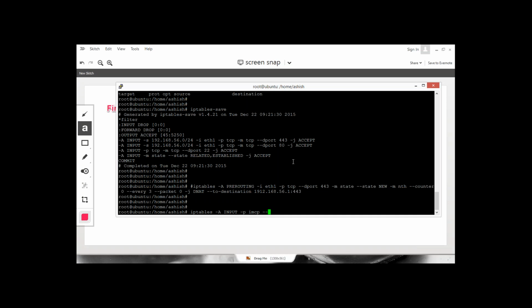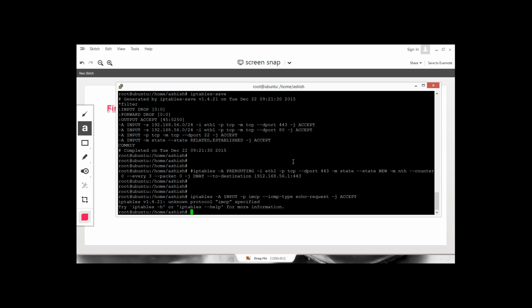Specifically I'm going to allow the two kinds of requests that are present in ICMP: echo request and reply. So let's say ICMP type echo-request, accept all such requests, and in the output chain we want to allow